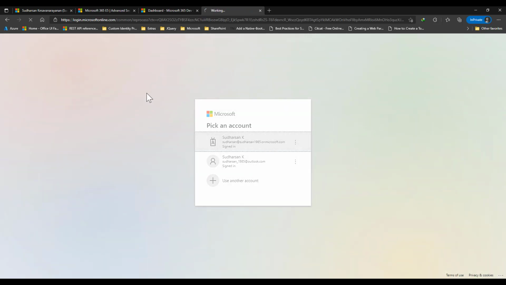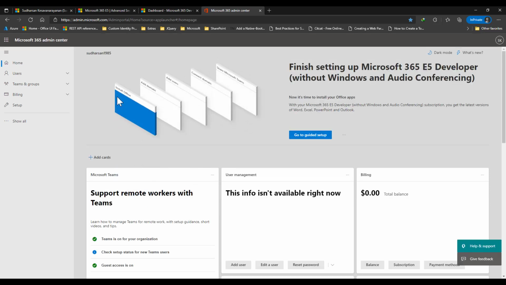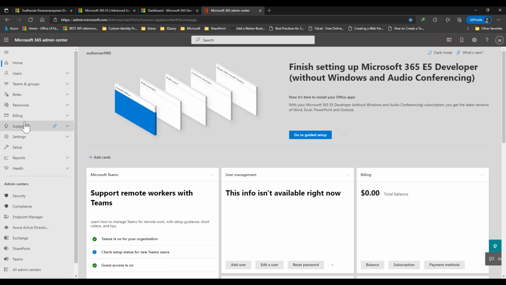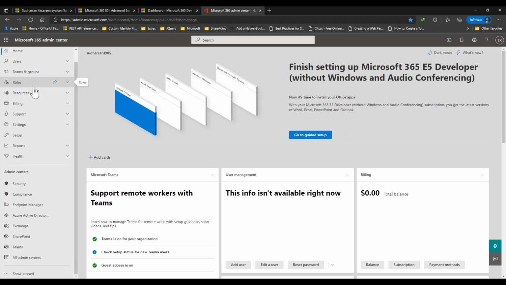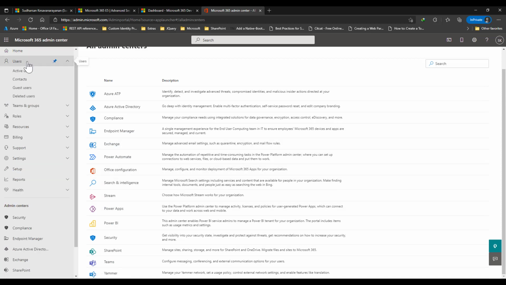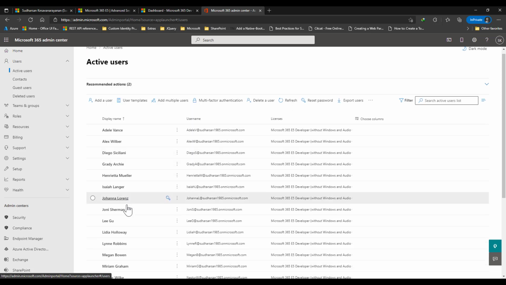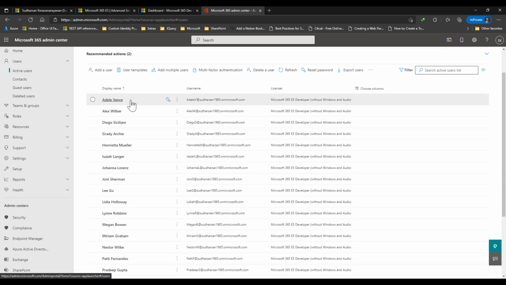And just go to admin center. This site is the overall M365 admin center where all the services can be managed. If you click on show all, you can see all the different activities here. And you can also go to all admin centers. There are specific services which have separate admin centers, like SharePoint, Teams, Power BI, Power Apps. And if you click on active users, you should be able to see all the 16 fictitious users created for you at the back end.